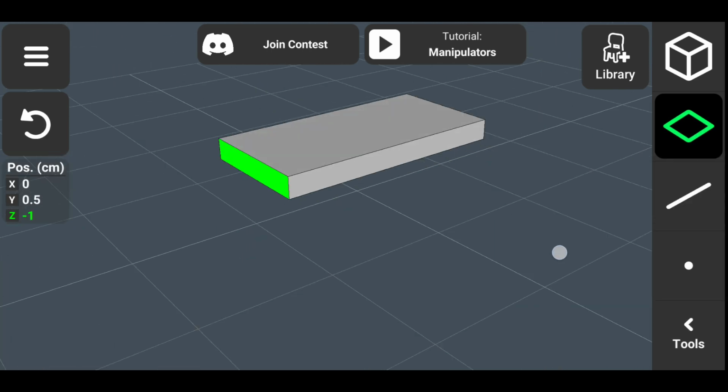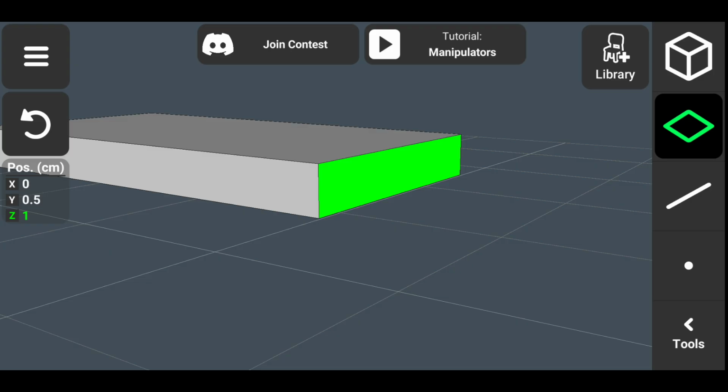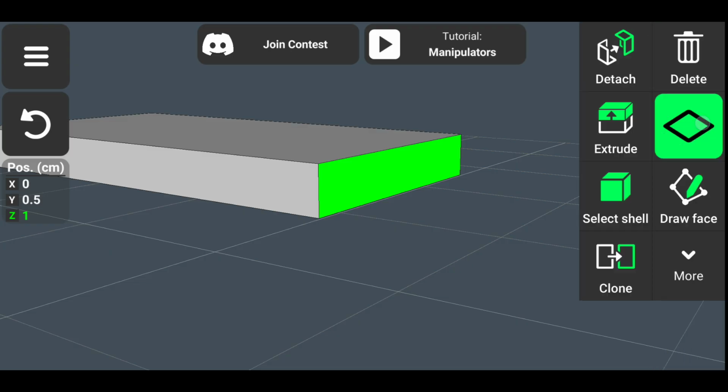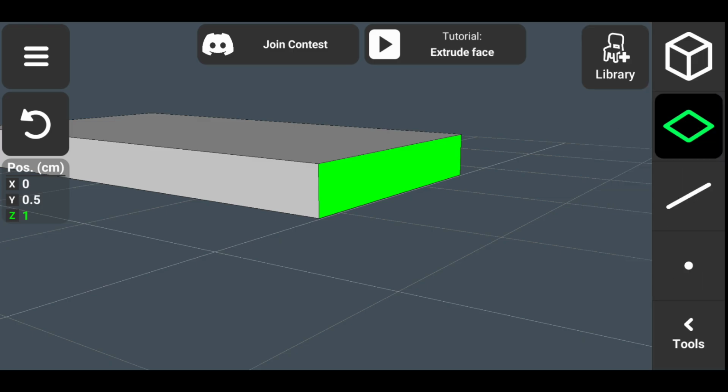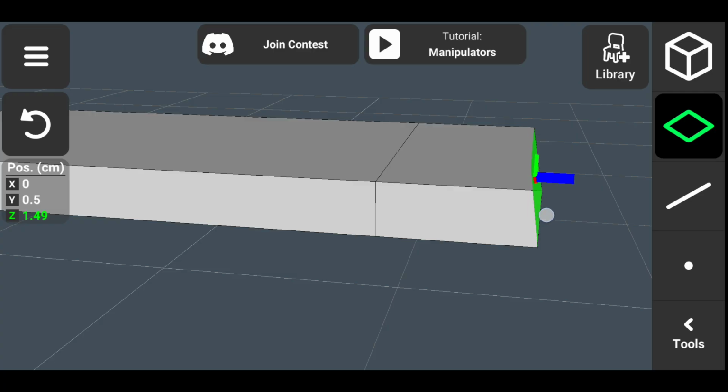Then I will click on this face, then click on faces, and from here you can access more options, and here I will click on extrude, and then I will drag this new face to